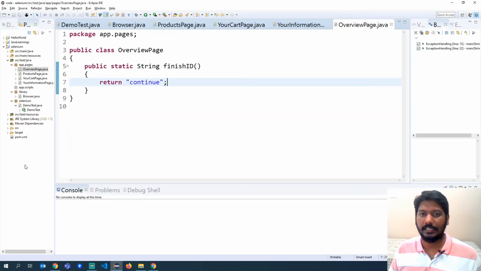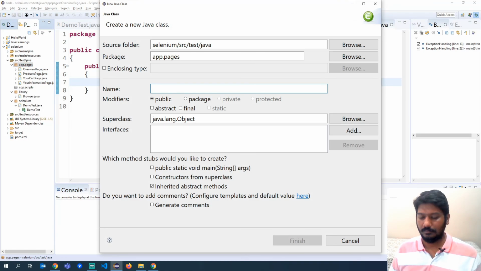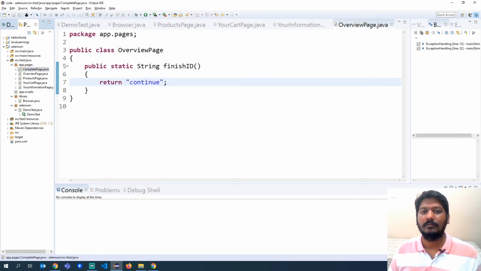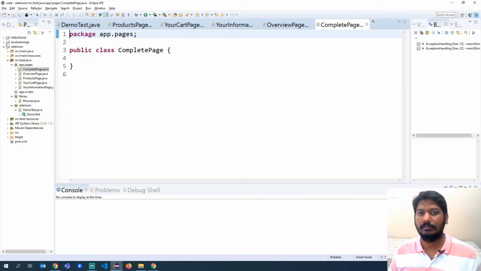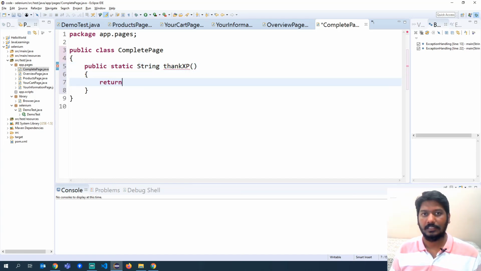Okay, so first we will create a page, complete page. So in this we will try to identify this particular object. Thank you XPath, and I will say return.